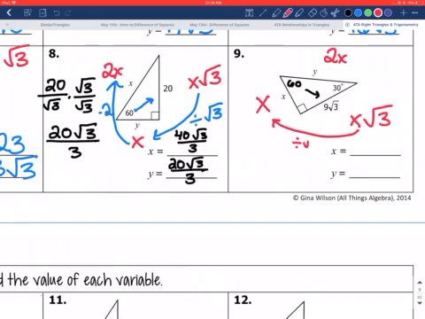So to go from x square root of 3 to x, I will divide by the square root of 3, right? Which is really nice here because 9 square root of 3 already has a square root of 3 in it. So to go to x, that'll just be 9. And then to go to y,